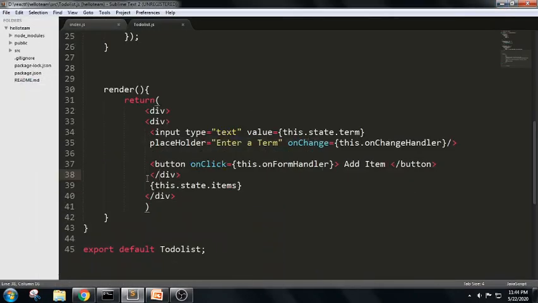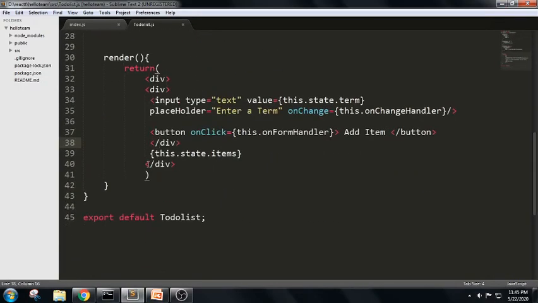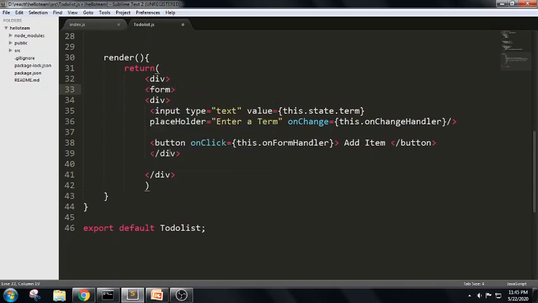Now when the user clicks on a particular element, it should be able to delete it. In order to delete, I'm erasing this and taking a separate file, which will delete the list of items that we have added as of now. So let me enclose everything in the form tag and form tag close.